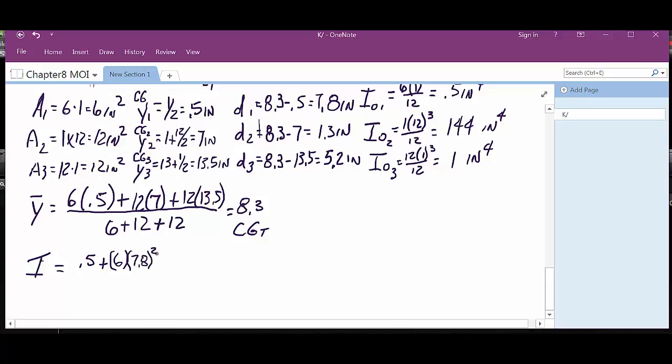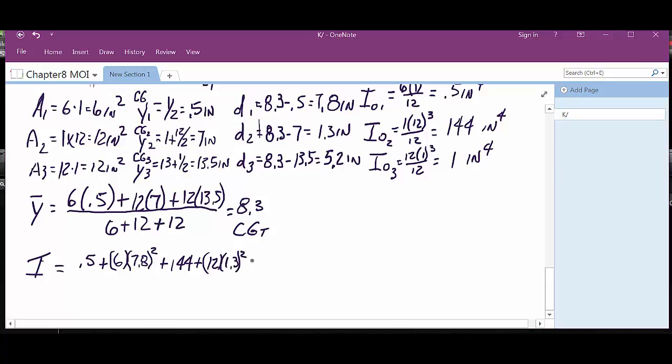And that number has to be squared, plus the moment of inertia of the second one, plus the area of the second one is 12 times D2, which is 1.3